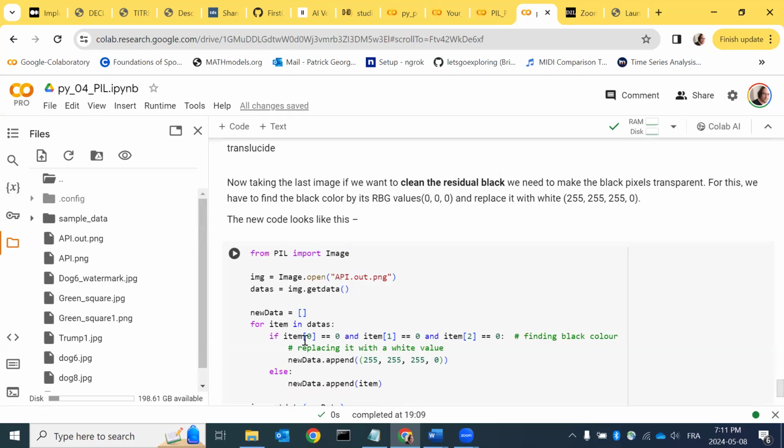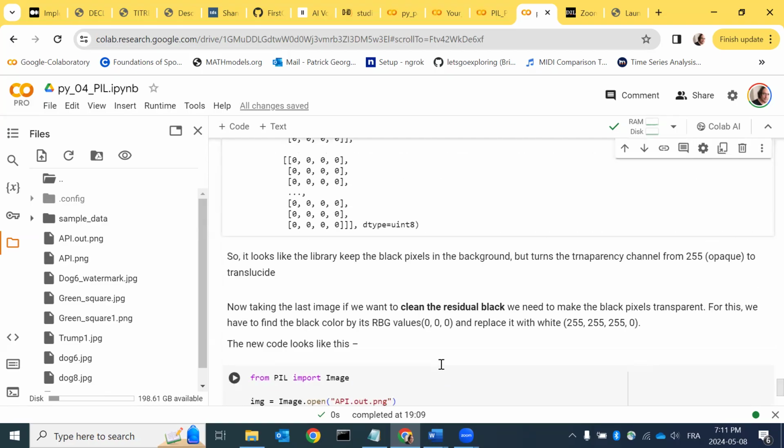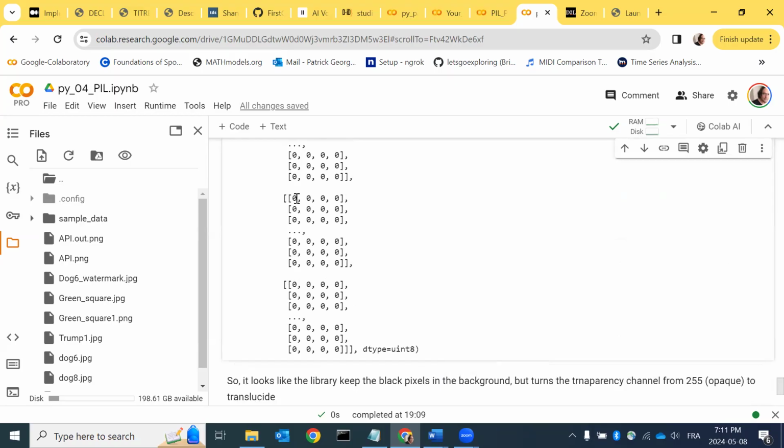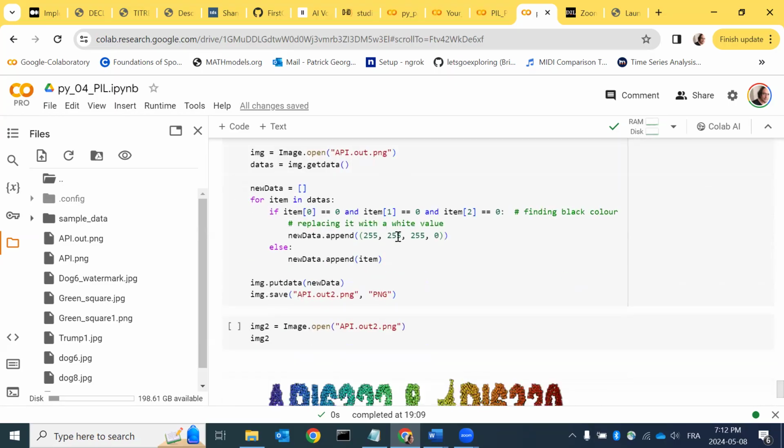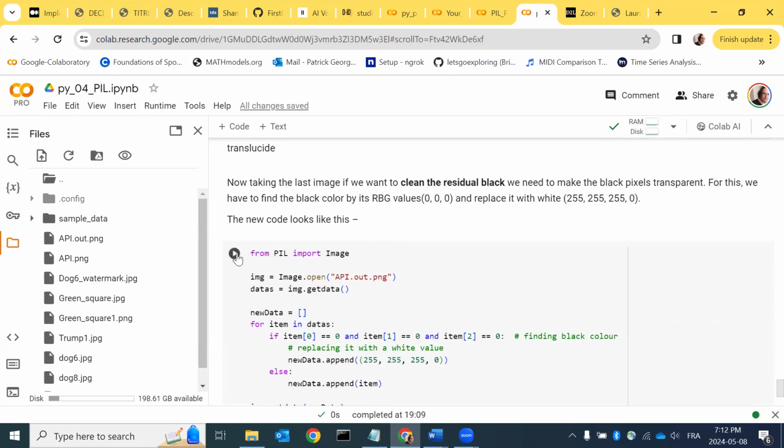But now look, I say, if you see 0, 0, and 0, then replace that by 255, 255, 255. And for the alpha channel, put a 0. So I hope to get 255, 255, 255, and here I hope to get 0. So if I do that,